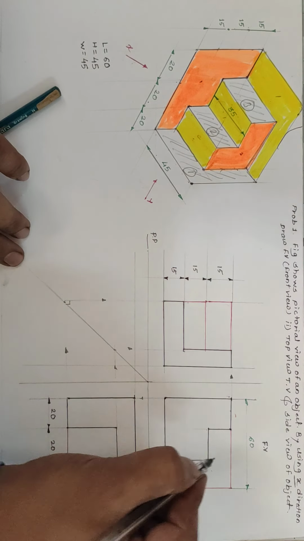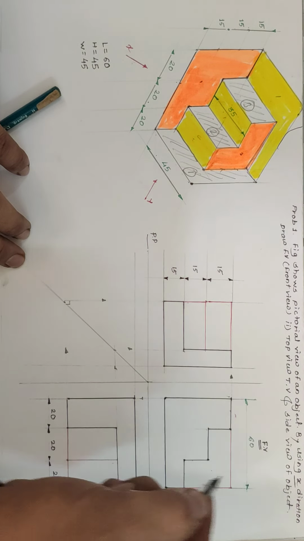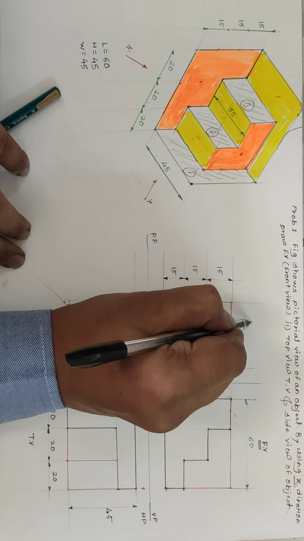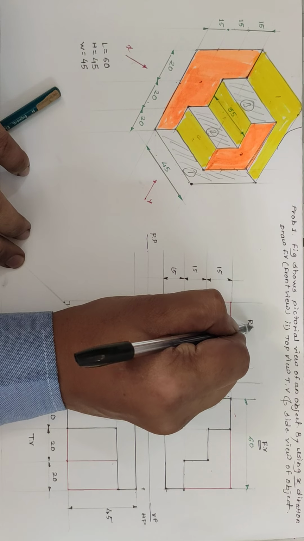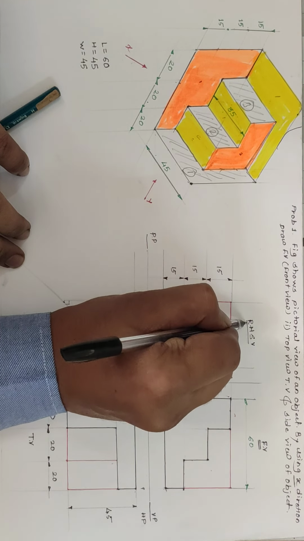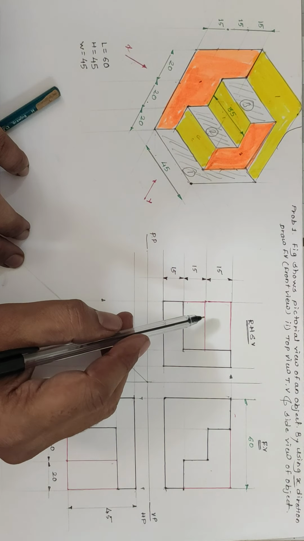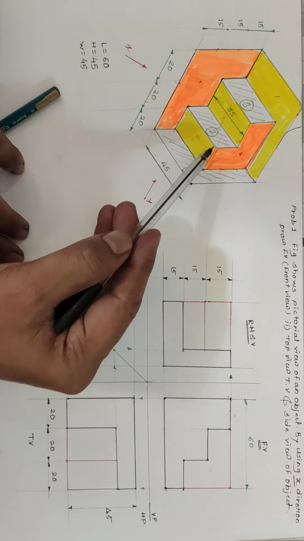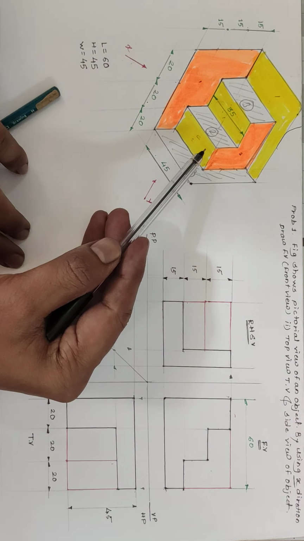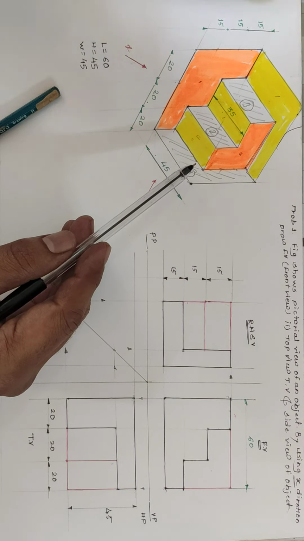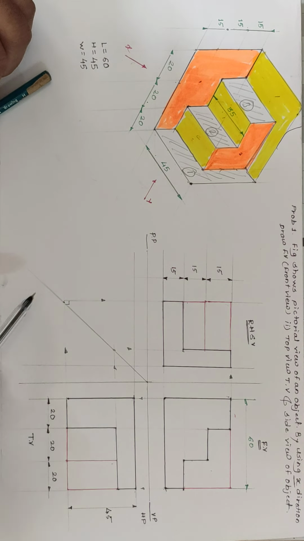Now mark, this is the front view, this is the top view of an object, and this is the right hand side view. Right hand side view we have to draw in left hand side, because of first angle projection method. When we see the object from right hand side, we require to draw that into left of the front view. So this is the final answer.